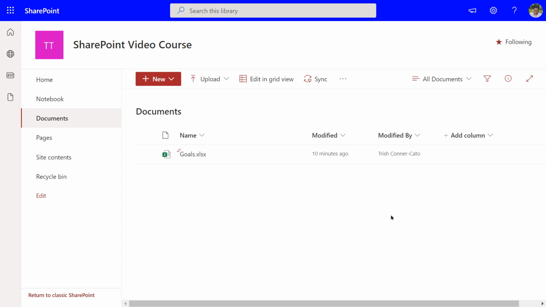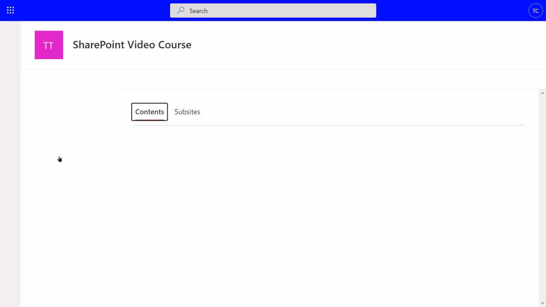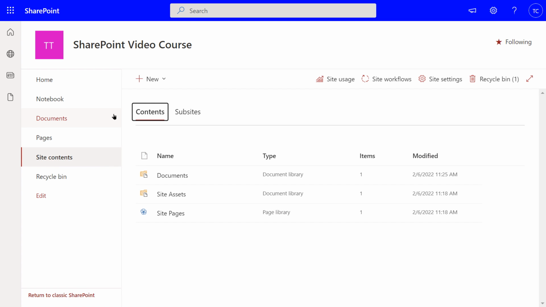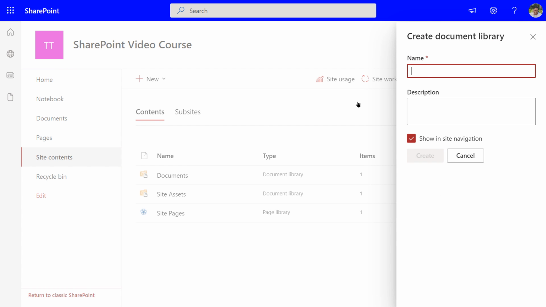So I usually go to Site Contents to create anything new. I'm going to go to Site Contents on the quick launch. And at the top, you'll see your new button. Notice these are all things that came with the template, the team template that we used. We haven't created any of this. So now we're going to go to the new button, which is contextual to this screen, and we're going to choose Document Library. And we're going to name our document library Management,